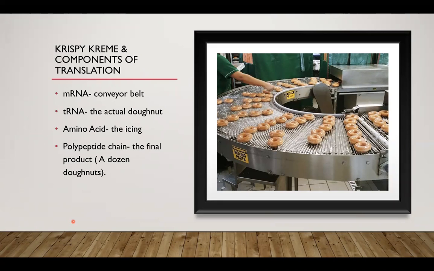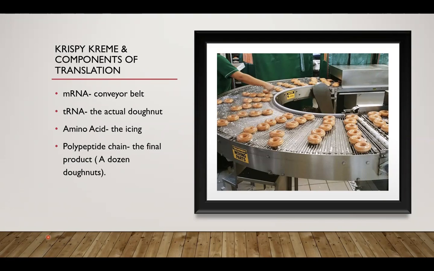Next, we have our tRNA, which stands for transfer RNA, which is the donut being placed on the conveyor belt. And tRNA molecules are actually placing an anticodon onto the codon that has been provided by the mRNA. And I'll show that in the diagram coming up. And a donut wouldn't be complete without icing. And it takes all these steps to build up to the icing of the donut or the cream being inserted into the donut. So this may be a stretch, but the icing slash cream slash sprinkles is analogous to an